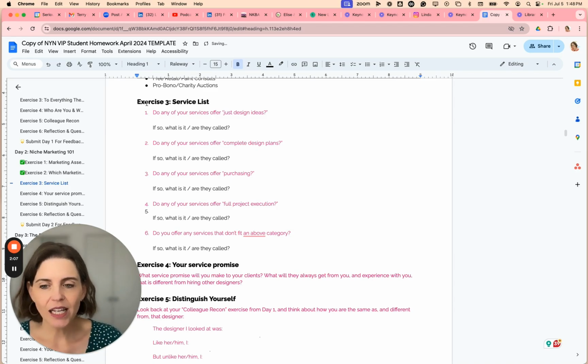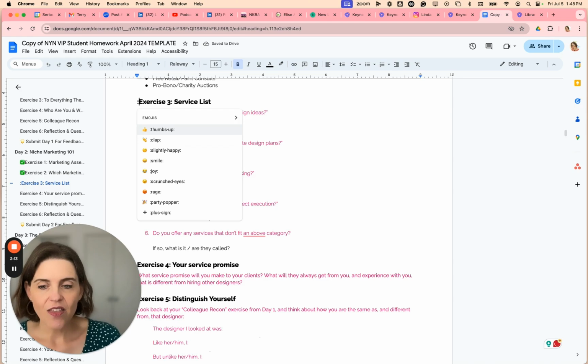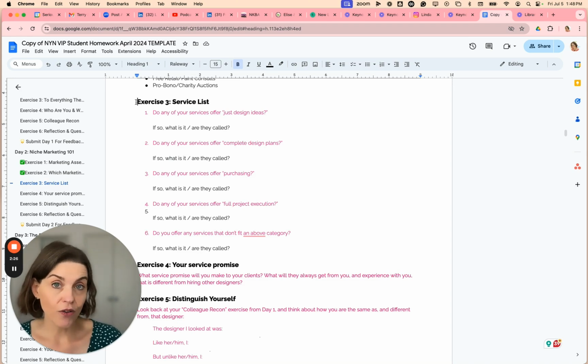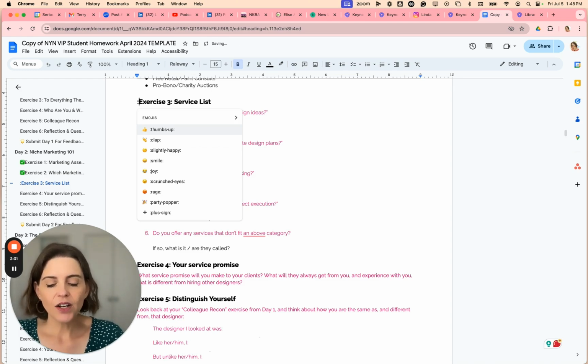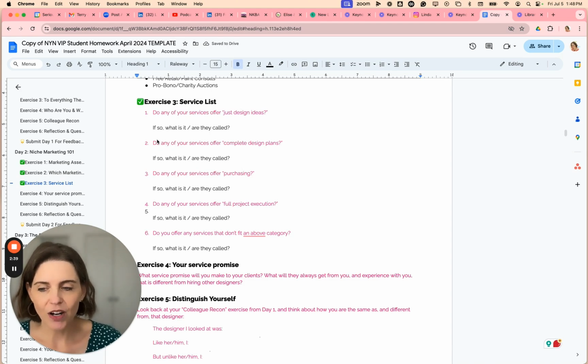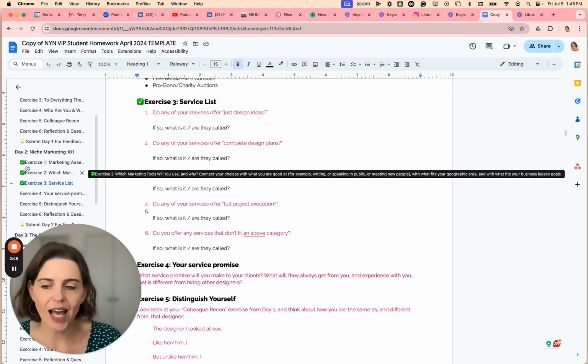So I just go to the beginning of whatever sentence I'm trying to add my emoji on, and I type a colon, and then that actually brings up Google Docs version of emoji searching. And you can click this little arrow, and it will give you the entire menu of them, and you could even search for what you're looking for. In the case of me tracking whether or not I've completed an exercise, what I like to do is do a colon, and then I start typing check for check mark, and then that quickly brings up the ones that include a check, and I like to use the little green check mark, and now you can see that I've got a green check mark by exercise 3,